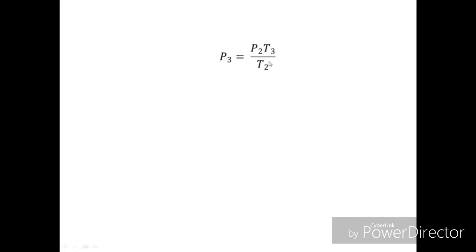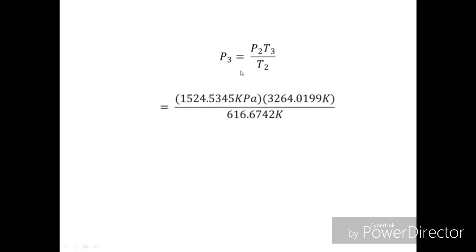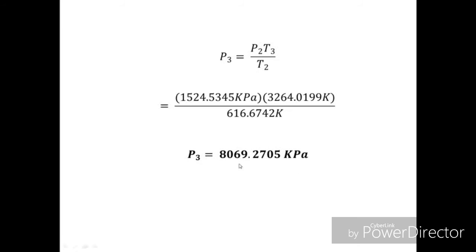P2 times T3 all over T2 is equal to P3. Substituting the values, P3 equals 1524.5345 kilopascal times 3264.0199 Kelvin all over 616.6742 Kelvin. Thus, P3 is equal to 8069.2705 kilopascal. For the calculation of efficiency and net work, we have the V1 over V2 ratio is equal to